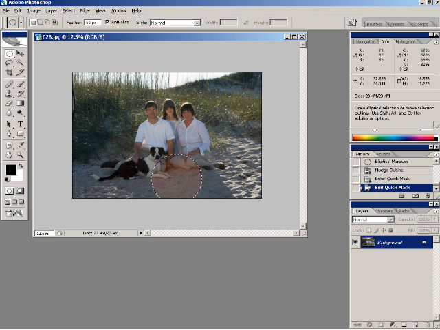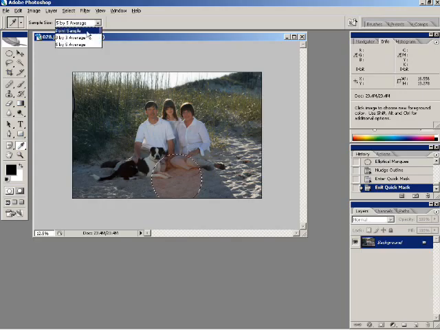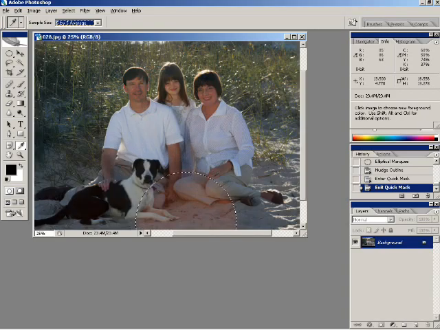Now what I need to do is find out what my target is and what my sample is. So I'm going to go to my eyedropper tool. Now with the eyedropper tool activated, I need to go up here at the top. At this time I'm going to choose 5 by 5 because I need as broad a range of pixels as possible. And I'm going to zoom in as much as I can